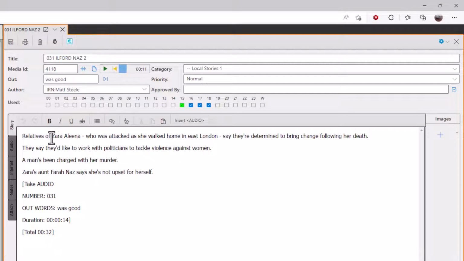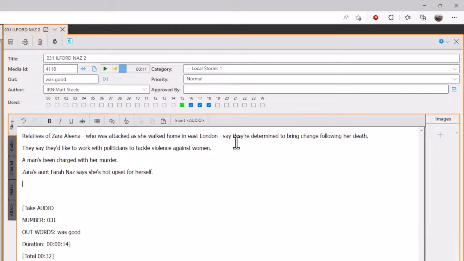Now with the main script, obviously this script has come from a wire feed, but we can add our own content into here. So you can just type in extra content if you need to. And you can also add additional content. So if you wanted to add an image, you could do so. Obviously, the image isn't particularly useful for an on-air bulletin, but because Myriad News has the ability to post stories to selected website CMSs,